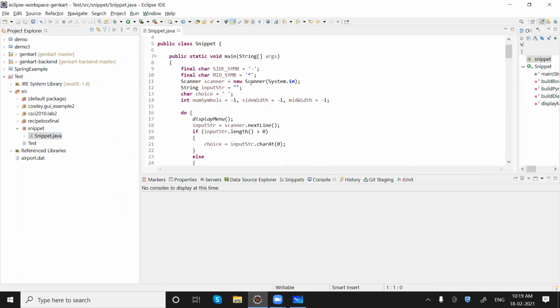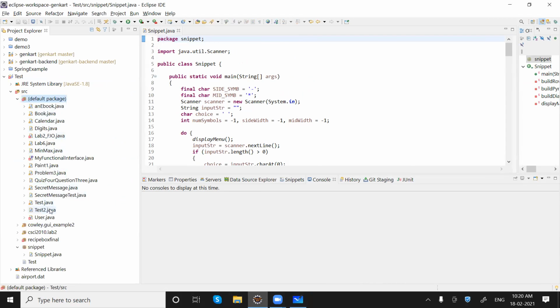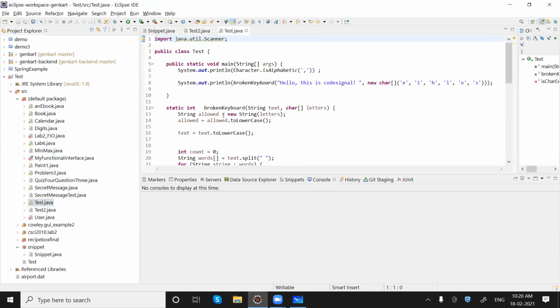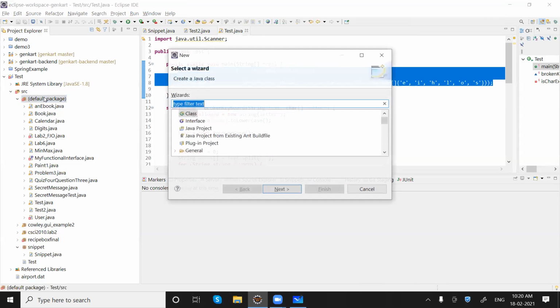So, we have a class. Let me take a new class. I think I have a test class here, Test 2, which already has something. This one also has something. Then let me create a new class.